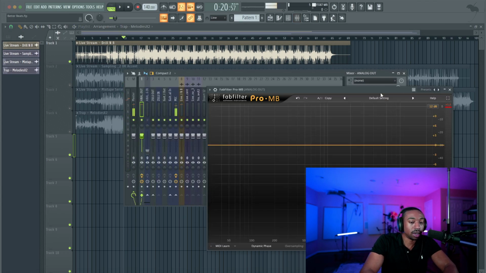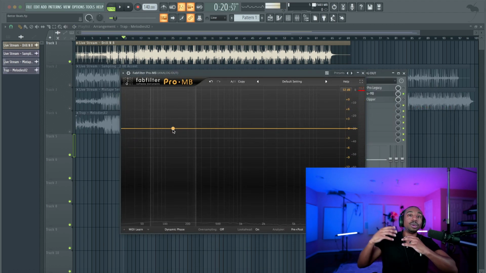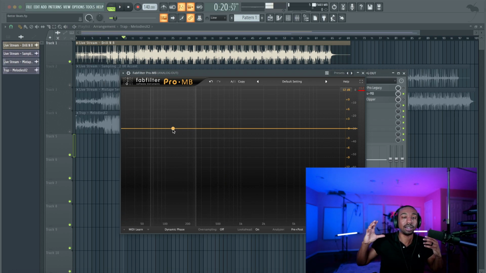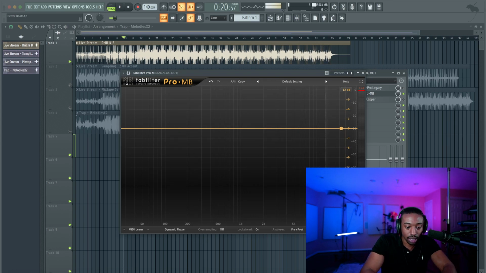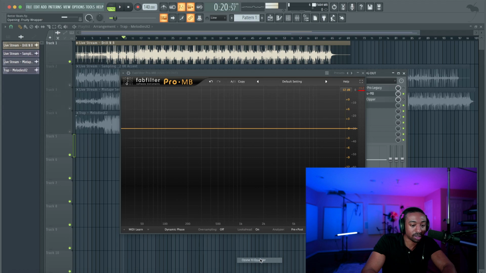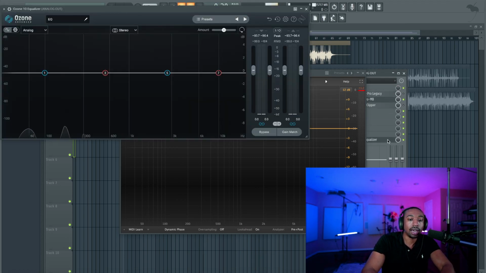The first beat we're going to work on is a drill beat. Not only do people think about adding stuff, they don't think about mid information, meaning mono, and they don't think about side information. So what I'm going to do here is figure out a quick way. Let's open up the iZotope stuff because they have a quick button I could just press. You don't need this plugin to do what I'm doing. I'm just doing this for video purposes. I'm going to show you the difference between the mono sound and then the stereo sound.